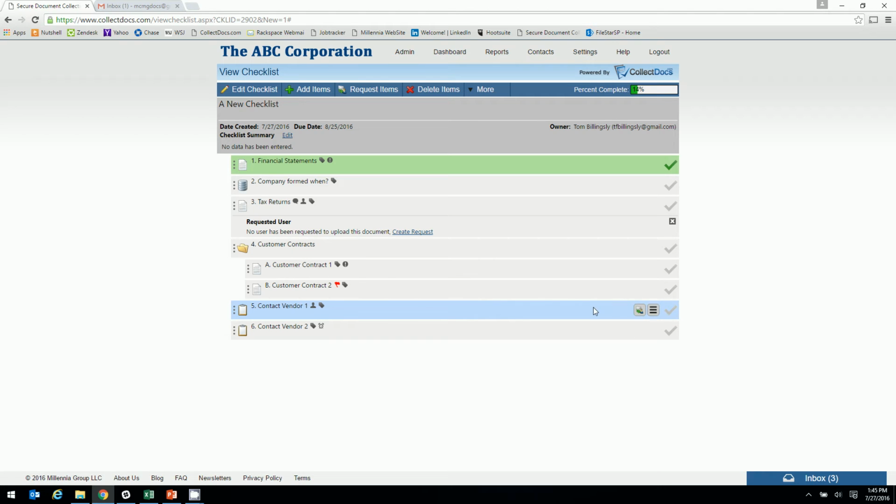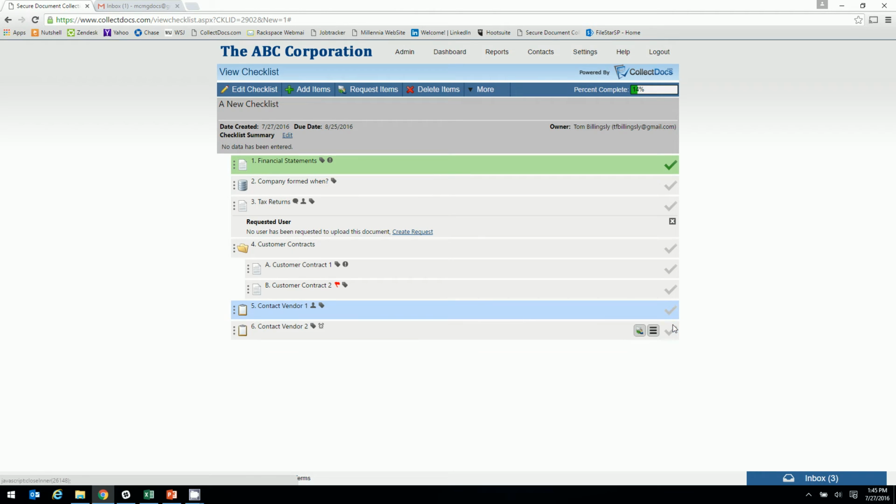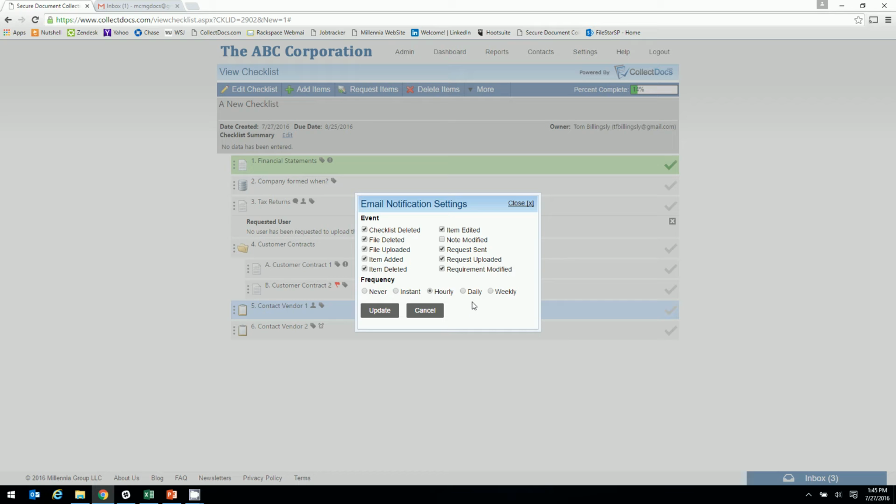So it's very well organized. And in fact, you can keep track of all this information here, but you can also view the history behind any item as well. So we know it was added, and we know it was sent, and we know all the information about that item. You can keep track of notifications or items as well via the notification system, which you can customize by checklist, and you can actually set default global settings as well. If it's a priority checklist, you can set instant notification for any checklist modification and customize it to your needs